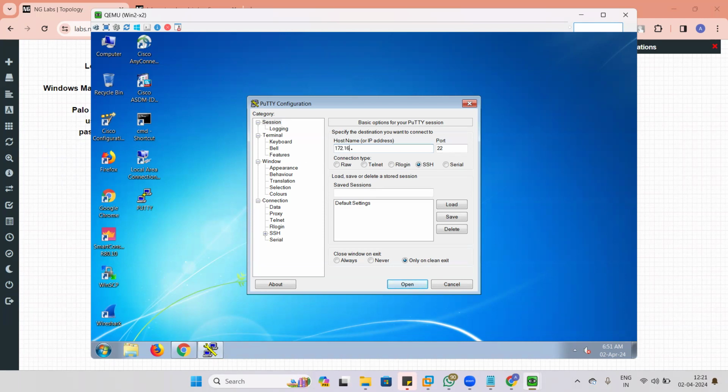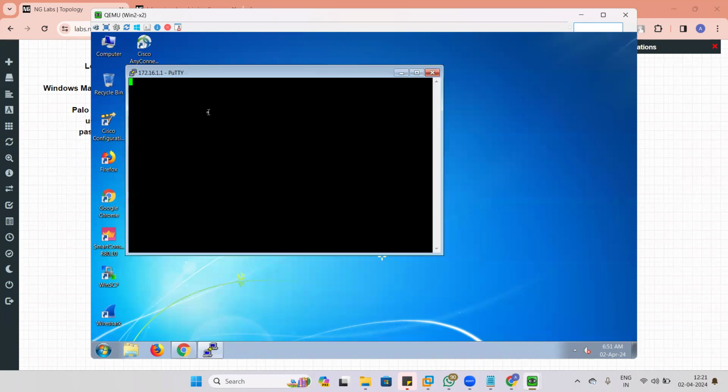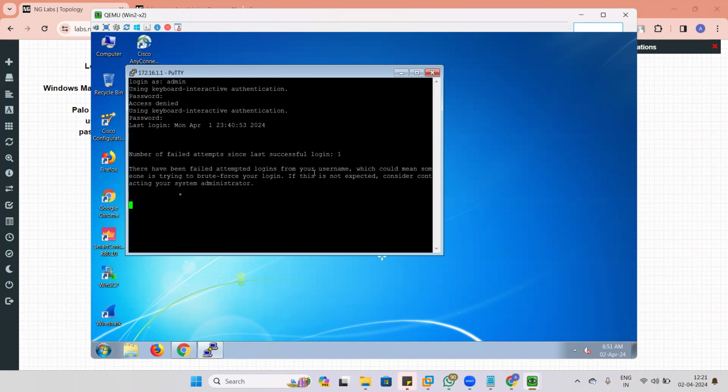Let's see, 172.16.1.1. Click on open, admin, test@123, test@123. All right. So the login works. We are able to log into the firewall's CLI from this machine, which is your LAN machine,